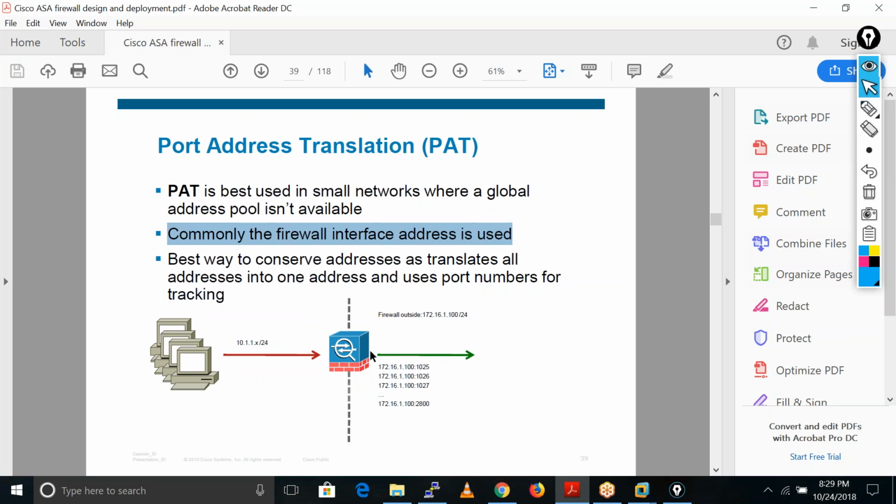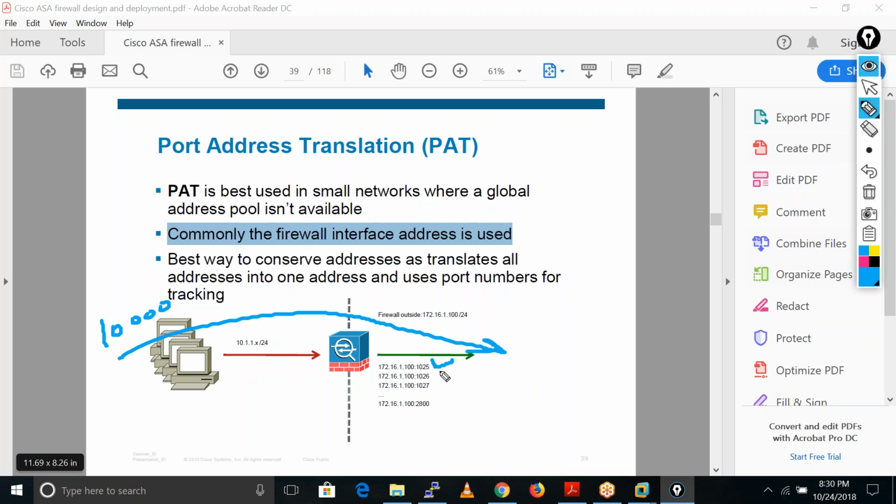So let's suppose you are able to see here, right? Let's suppose we have around 10,000 users. When the first user sends traffic, he is patted like this. This is the traffic from the first user, this is the traffic from the second user, so he is patted this way. This is for the third one like this. How patting will work, I will now explain by using a diagram.